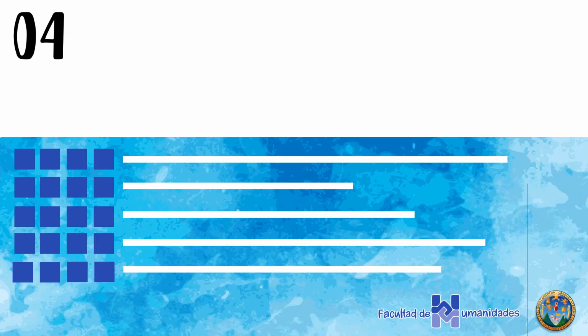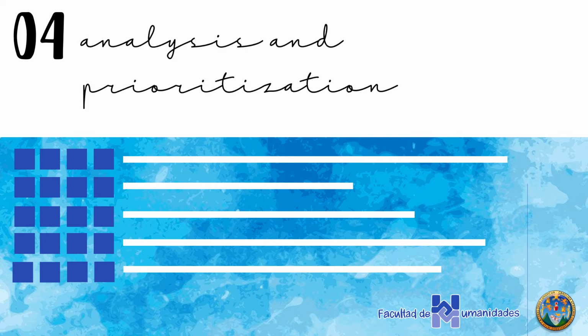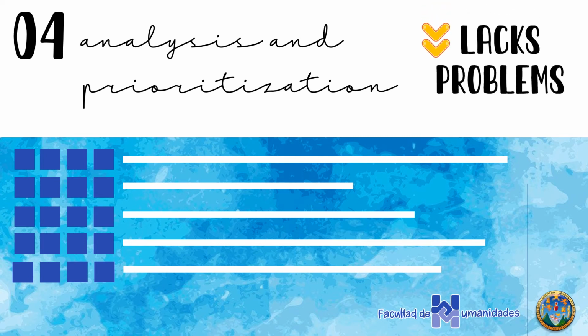Once you've finished determining all the lacks, inquiry problems, and hypothesis actions, it's now time for you to conduct the analysis and prioritization of problems. Number 4. Here, you'll translate your lacks into problems, and you'll prioritize them numerically in terms of scope, urgency, interest, resources. You could determine some other criteria that could lead you into identifying what's the problem that needs to be